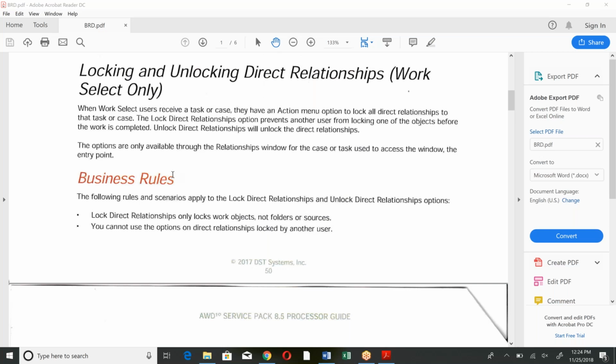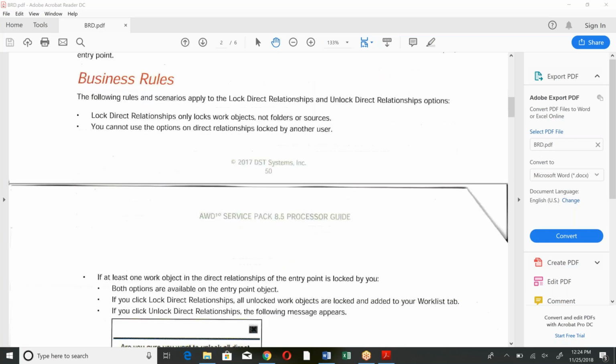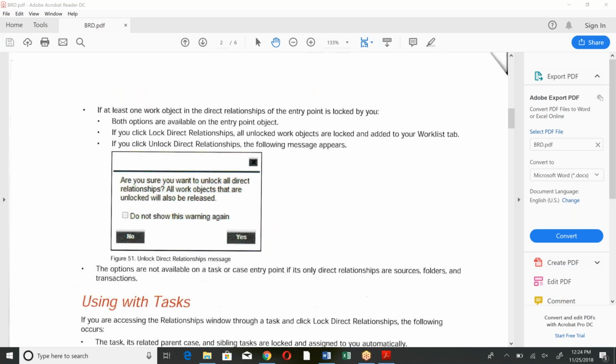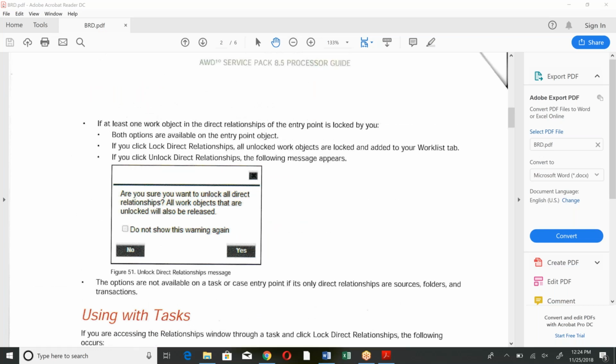So this is what they will see. Suppose there is a pop-up, right? When they click here, see what it will be. If you click unlock direct relationship, there is another window, right? So another functionality, and then the following message will appear. So what should your test case expected result be? The expected result should be